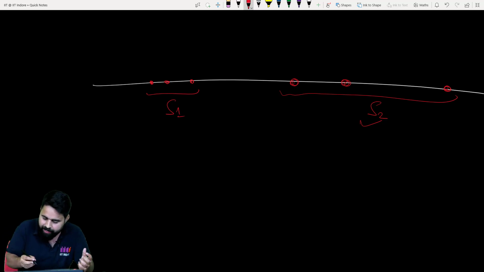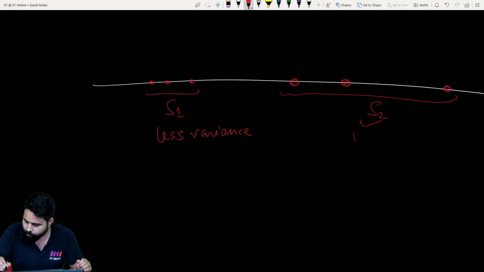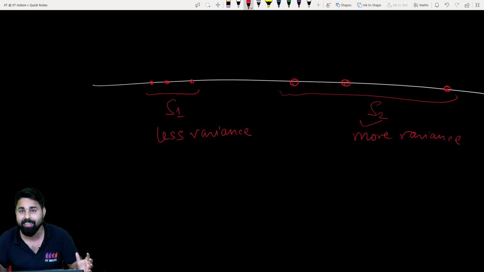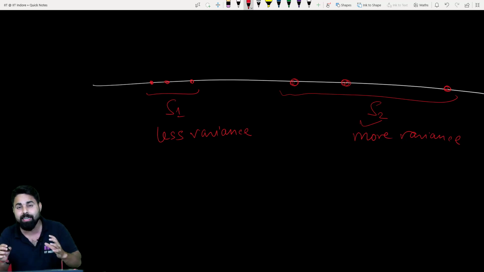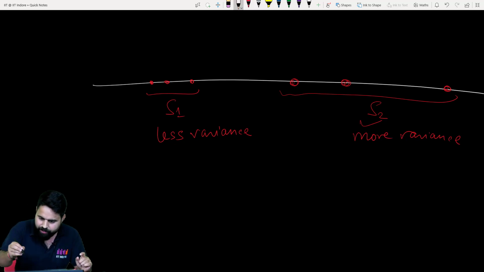Okay, so we see that S1 has less variance. Less variance, and we will shortly calculate how we actually calculate this quantity. More variance, and we need more variance to visualize our data very clearly, right? So we can distinguish among the data when the variance is very high, and our PCA does this very beautifully. Okay, very good. So now let us formally